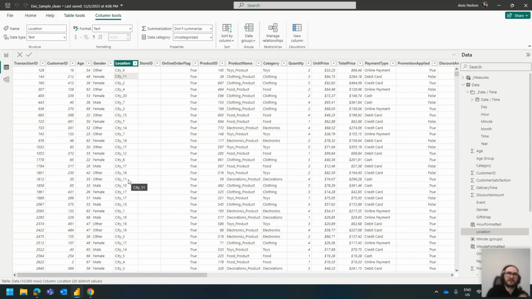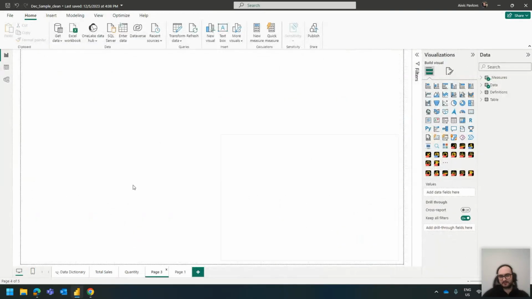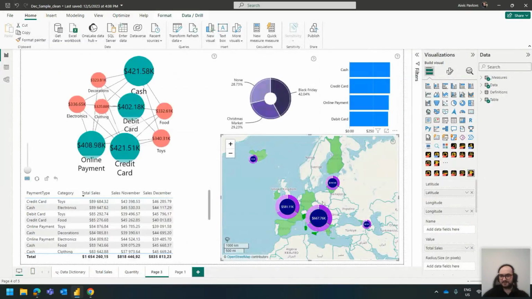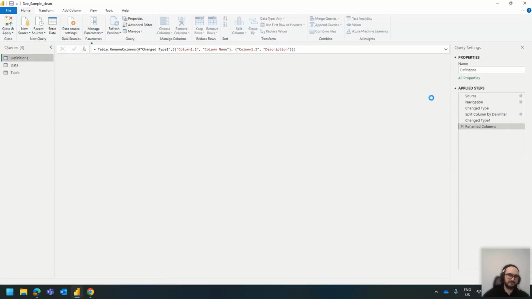I can, again, create a new category and look at the categories. But when I think of location or a city, the first thing that comes to my mind is a map. So what I actually did here is I altered the data, so I have actual countries in the data set itself. And the way I did it is pretty simple. I just took 20 random cities in Europe,